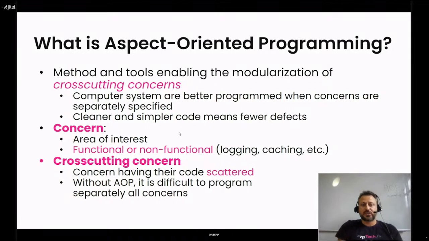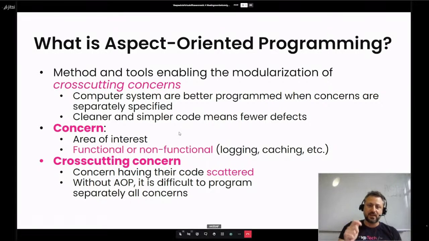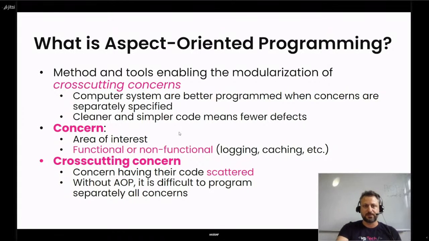Cross-cutting concerns are concerns that have their code scattered across the whole program. And without AOP, it was difficult to program this type of concern and to modularize it. This is the contribution of aspect-oriented programming, and we will see this in detail after.